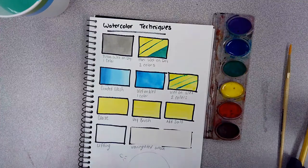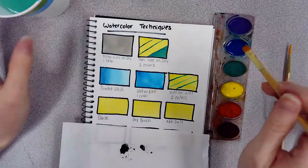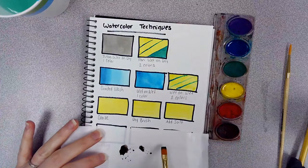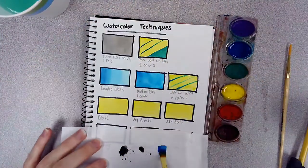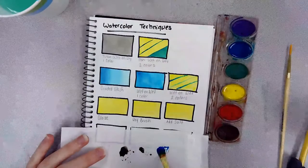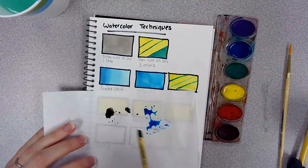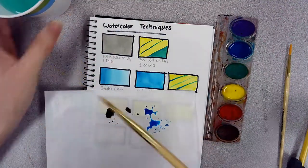All right, these ones are fun. We're going to do glaze, dry brush, and add salt. And with glaze, it's easier if you can take some of your highly pigmented paint, whether it's from the tube or the pan, some more water, and really thin it out on your palette paper. So even this is too thick, too highly pigmented. So I'm adding more and more water